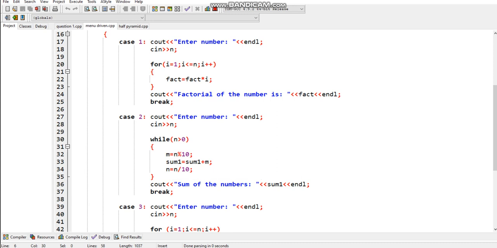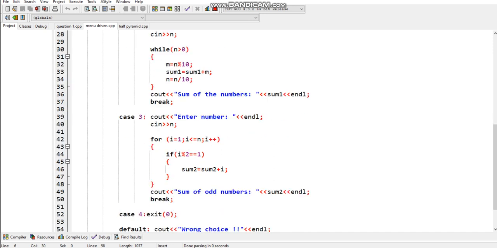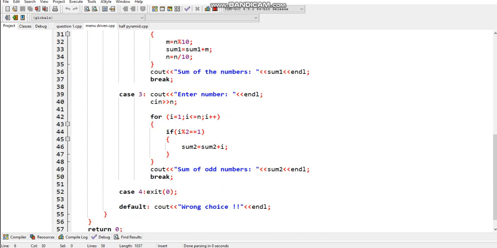And the number which we have entered, it will divide it by 10, and till the number is equal to sum, so it will print in the output, and the condition is break. In the last, if the number is odd, if we enter the number, I equal to 1, I is greater than or equal to n, because it will check the number, I plus plus, the odd number starts from 1.